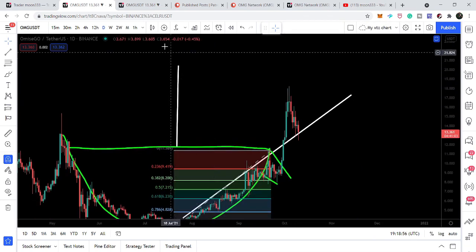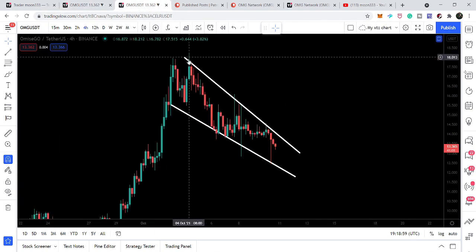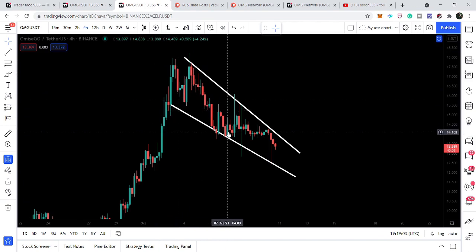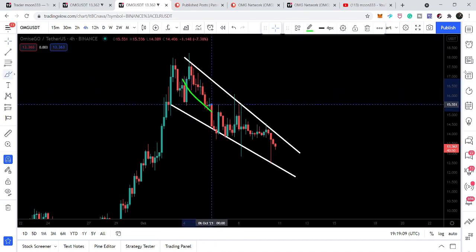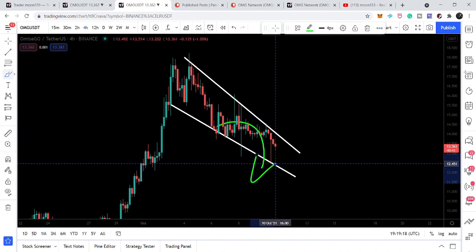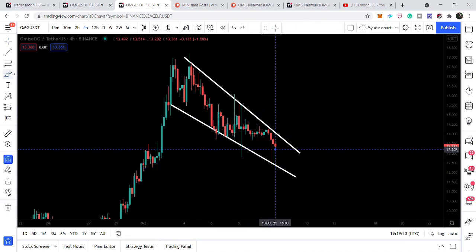And now if we switch to the 4-hourly time frame chart, then right now on the 4-hourly time frame, the price action has formed another bullish reversal. Why am I saying it is a bullish reversal? Because this falling wedge pattern is considered a bullish reversal among the traders community. Most of the times the price line breaks out the resistance rather than breaking down the support of the falling wedge. Therefore, I'm calling it a bullish reversal.